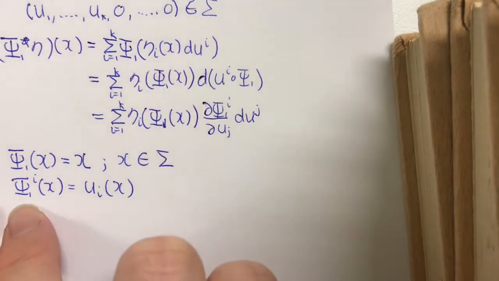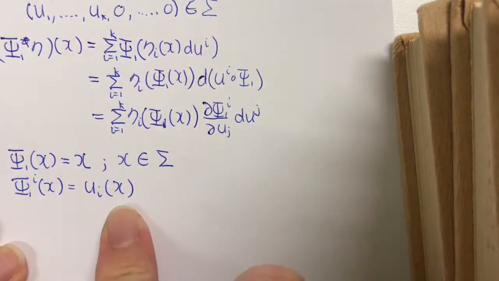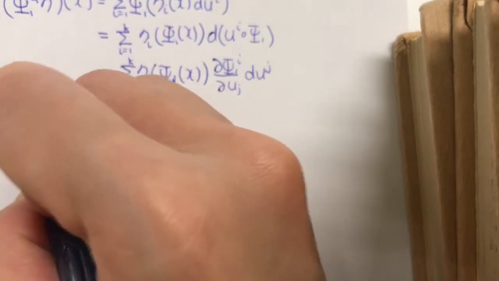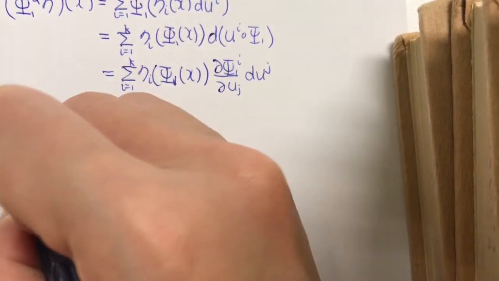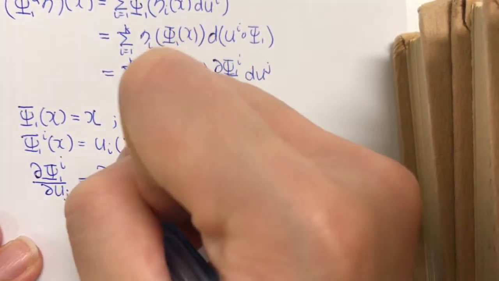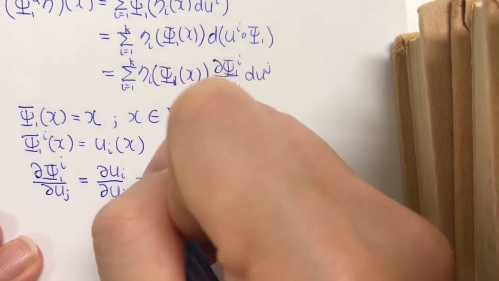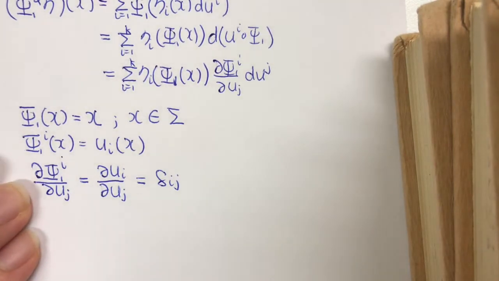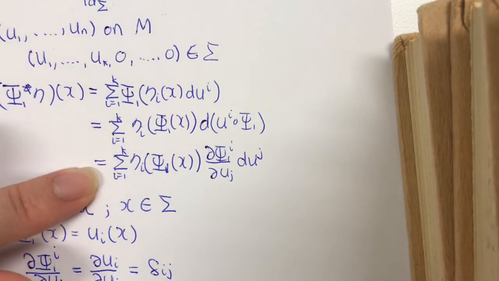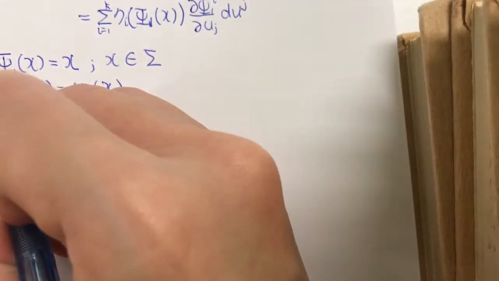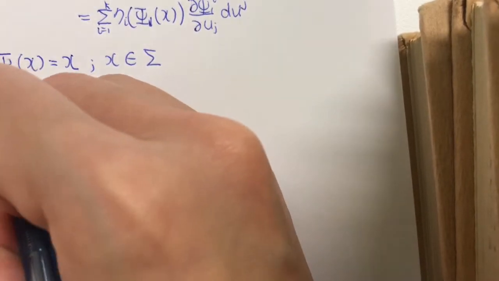So the i-th coordinate of psi 1 is just the u i coordinate, and so if we compute the partial derivative of psi 1 i with respect to u j, we will get a canonical delta function. So if we use this relation and we put it back into this equation, we would then obtain